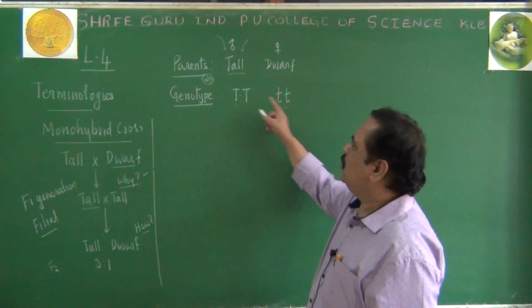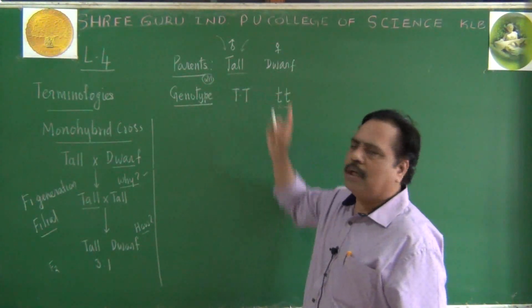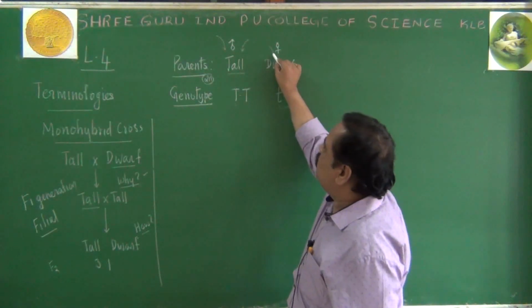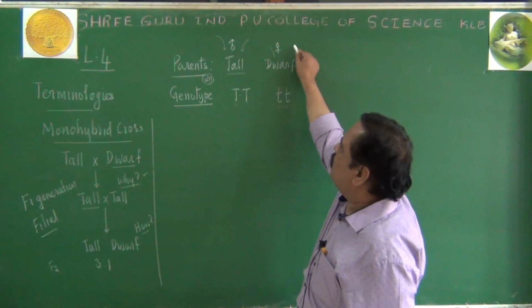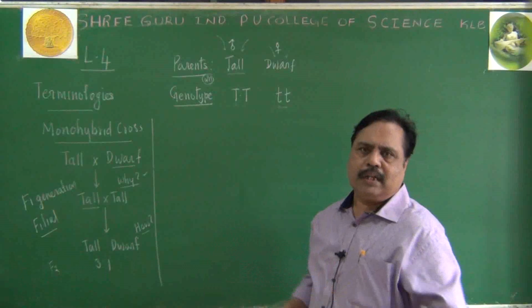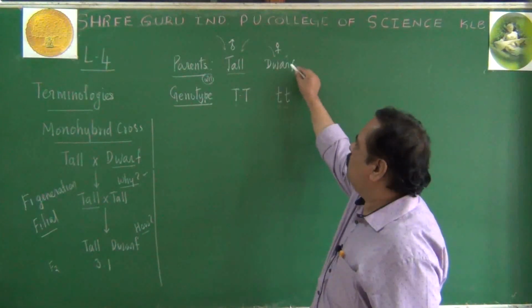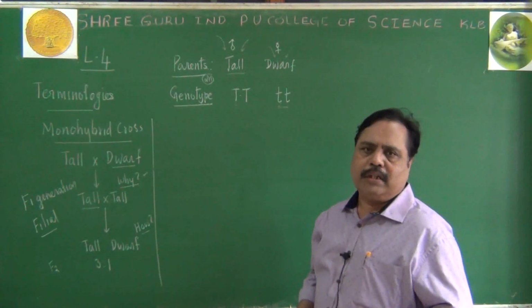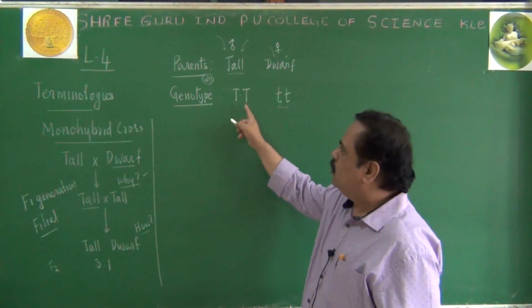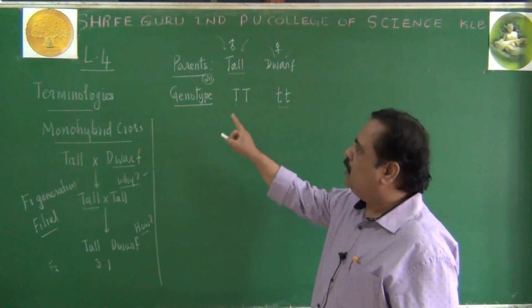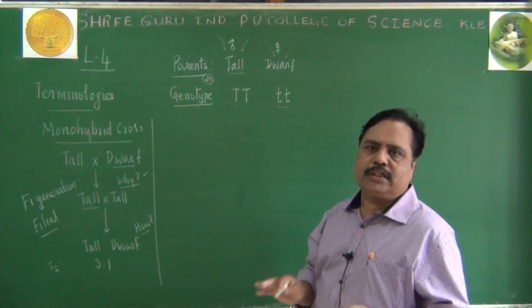Again remember, it is also a diploid individual. From her mother, she would have got one small t. From her father, she might have got one small t. Here, in the sense of the P plant, let us consider: from its paternal side small t, from the maternal side small t has come here. So you have to write the genotype of the parent in diploid condition. Parental genotype will always be diploid.